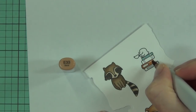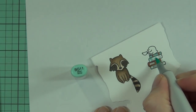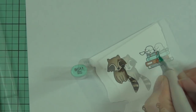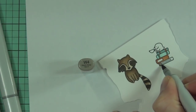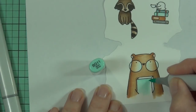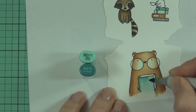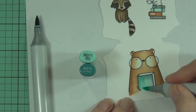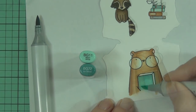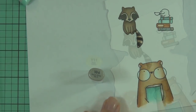So I've been busy colouring along while I've been chatting, and I'm not adding too much shading to any of these, especially the smaller images. Probably the bear was the one that required the most shading. I have kept it fairly simple. Like it's just a fun scene. You don't want to make it too hard on yourself, and it can look good even without over shading and